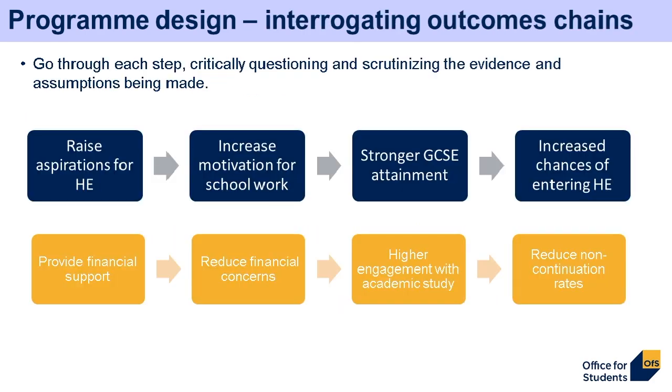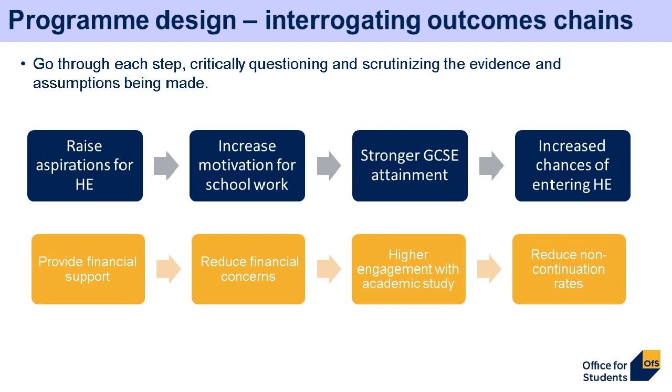So an example that illustrates the importance of good program design is having a clear logic chain or a theory of change. Our effective practice guidance on how to complete an A&P plan includes some advice on this, and our evaluation guidance produced by the University of Exeter, which is available on our website, provides more detailed advice. And we think that setting out your work like this is really essential. It's an essential planning tool, and it can start to underpin your evaluation approach. So even if you don't call something a theory of change or an outcomes chain, it's really important to set out the change that you're trying to achieve.